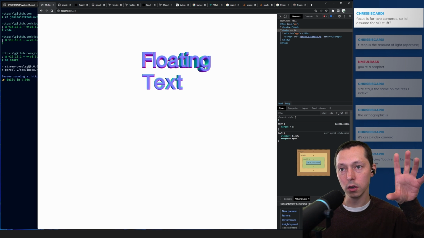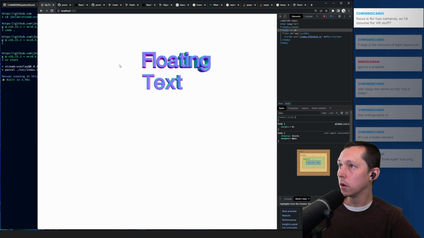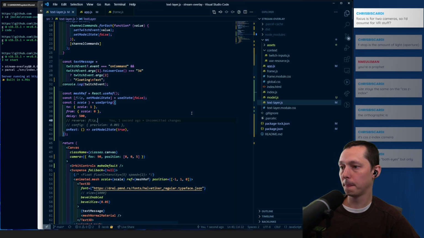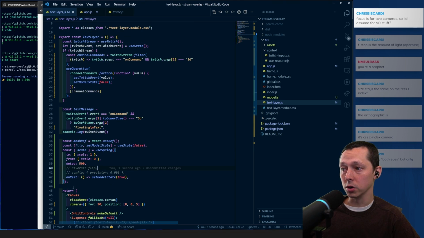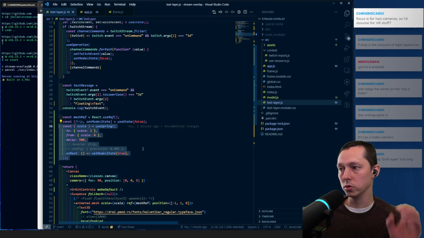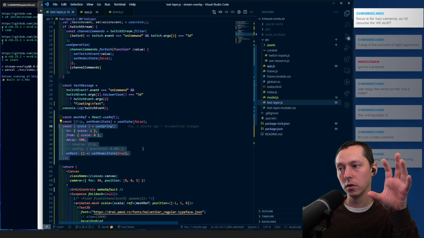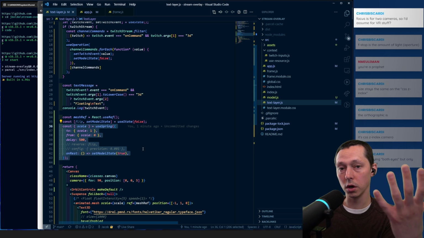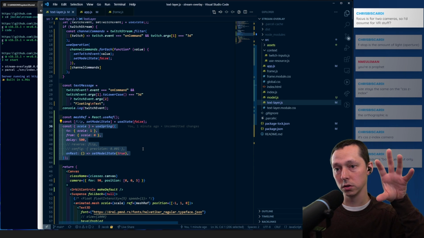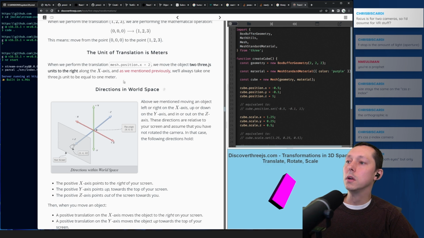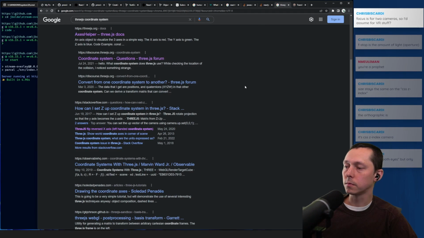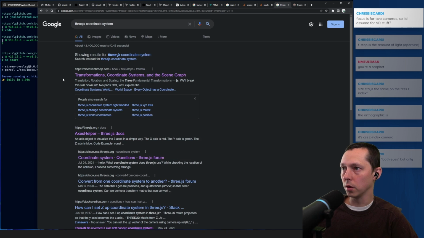So we've essentially translated our text, but we hard coded it, which is not going to work. So we can put this in our Spring, so we can zoom it in both by increasing the scale from 0 to 1, so it's full size, and to a different position other than 0, 0, 0. So we need to figure out how to determine what the center of that text is,